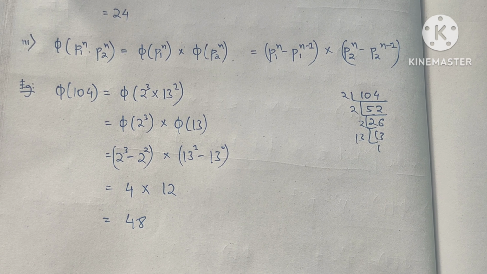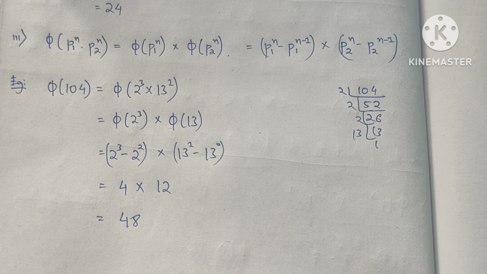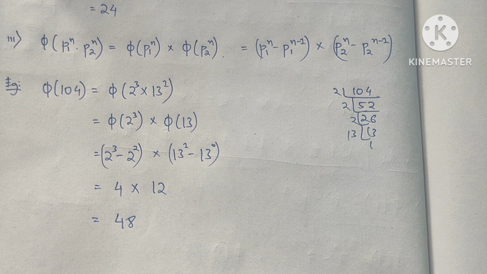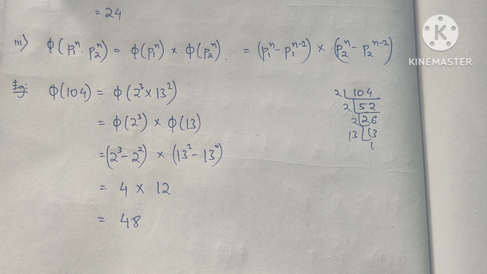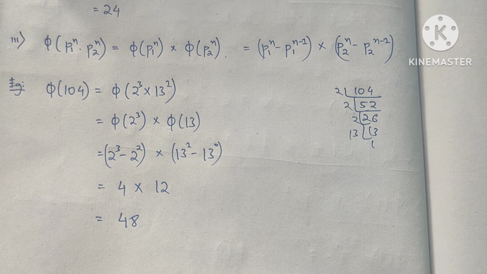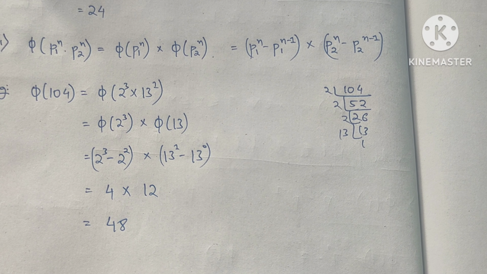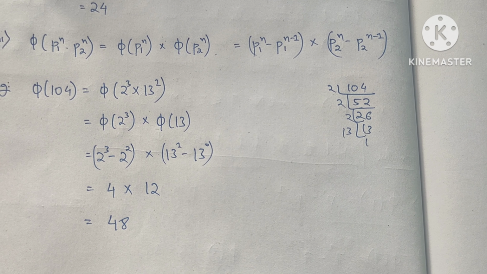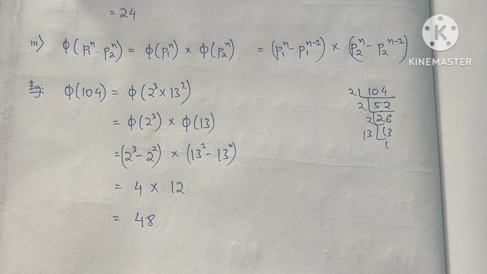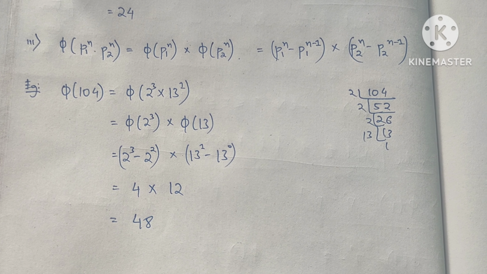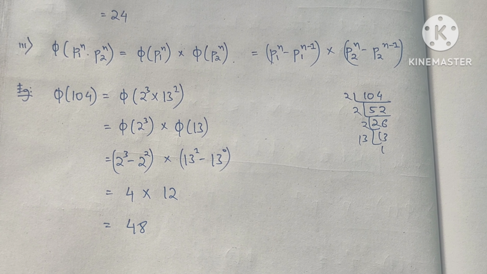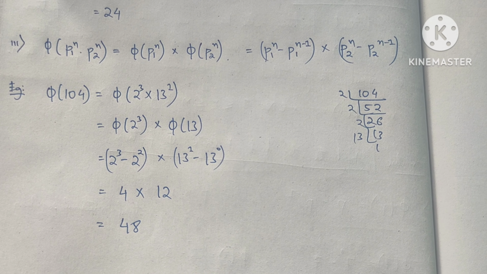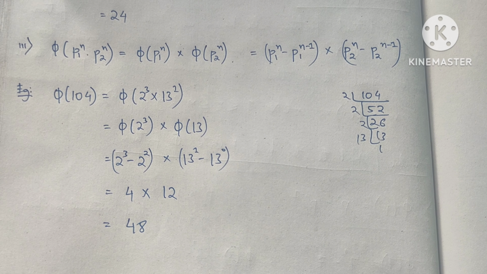So this is one thing that we have to be mindful of. After writing in the product of primes, we use the formula in 1, that is phi of p to the power a, which is equal to p to the power a minus p to the power a minus 1, and we get the desired result. So these are some basic formulae of Euler's phi function, and apart from that there is also another property,